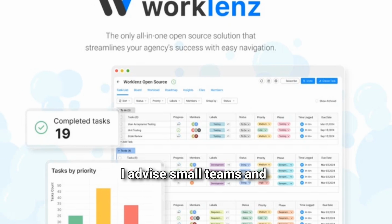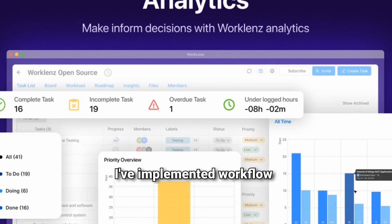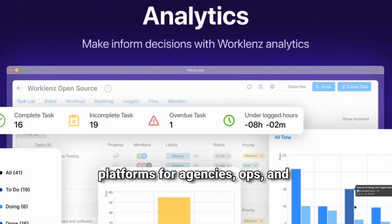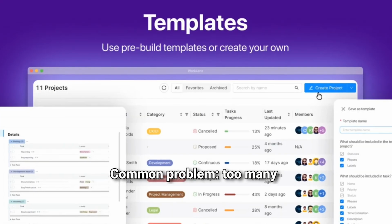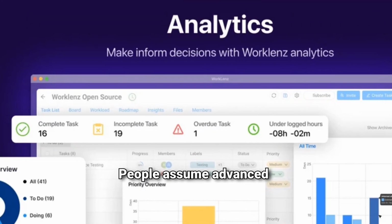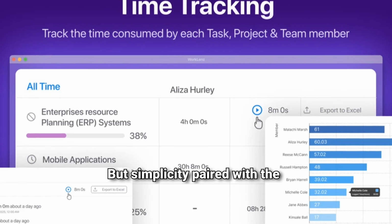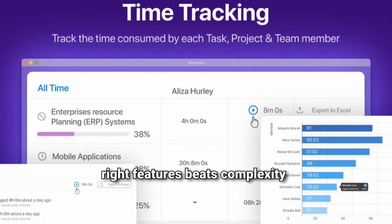I advise small teams and freelancers on productivity and operations. I've implemented workflow platforms for agencies, ops, and remote teams. Common problem: too many tools, too little clarity, lost time. People assume advanced features require steep learning curves and expenses, but simplicity paired with the right features beats complexity every